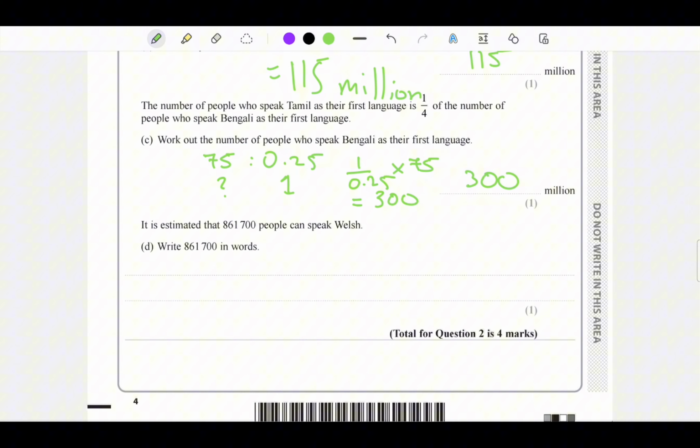2C. It is estimated that 861,700 people can speak Welsh. Welsh? I think it's Welsh. Write 861,700 in words. 861,700 is